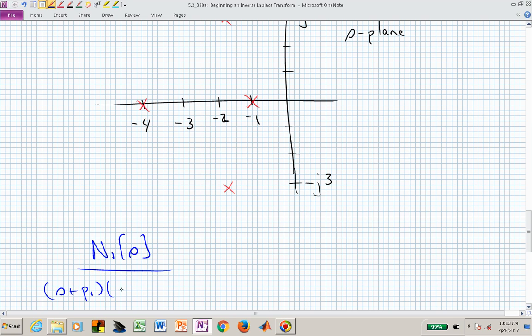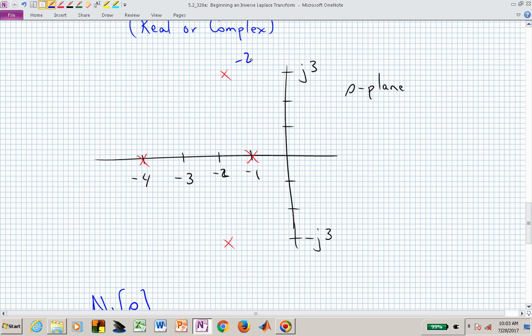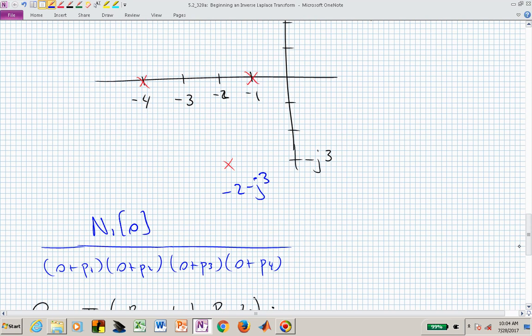We actually, in this example, have 4 distinct or unique poles, where now we're saying that this pole at -2 plus j3 is distinct from -2 minus j3. Those complex numbers are not equal, and so if we associated those with p sub 3 and p sub 4,